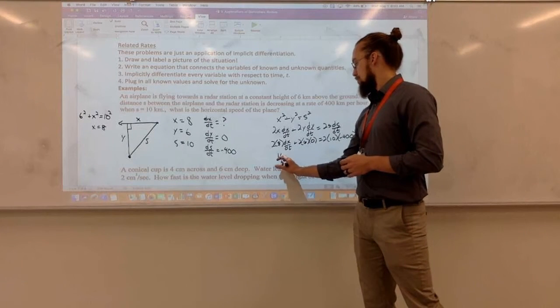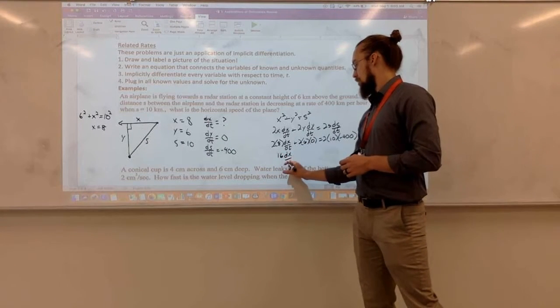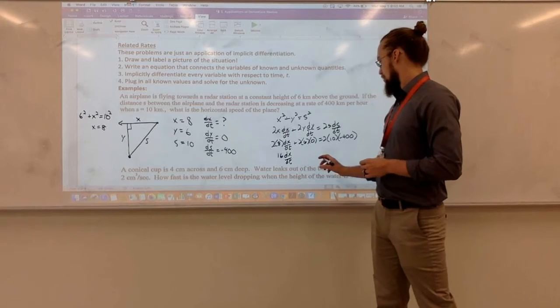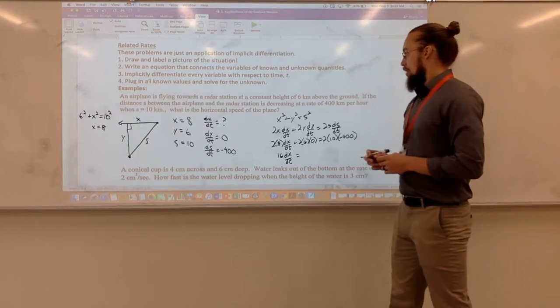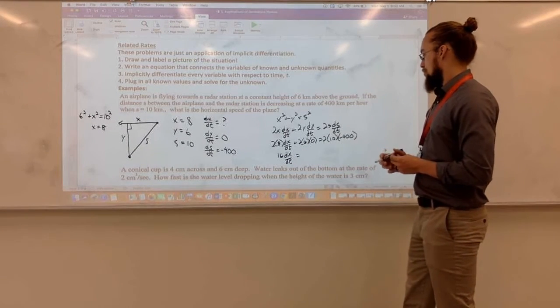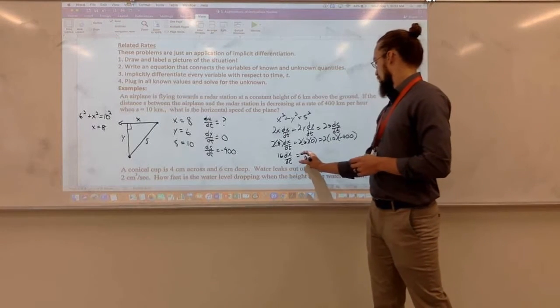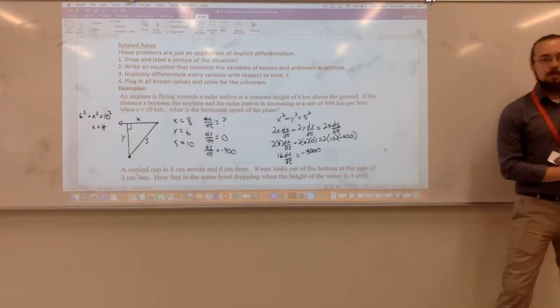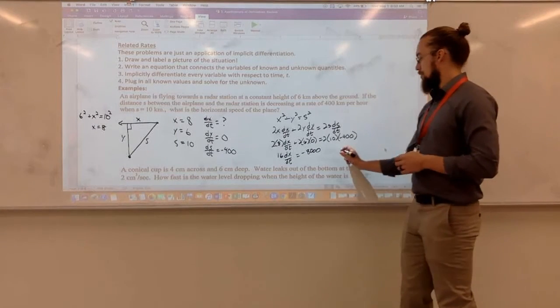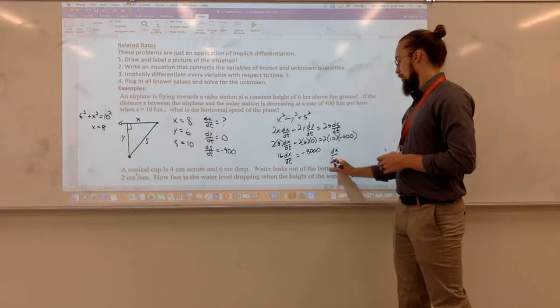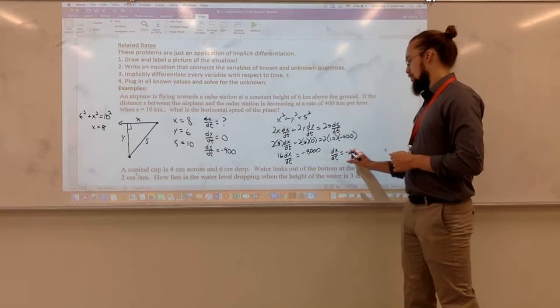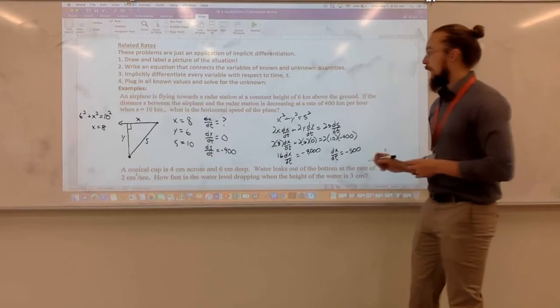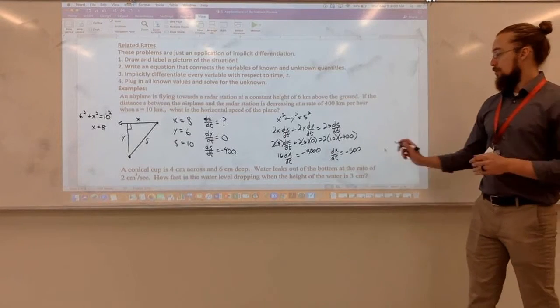So we get 16 dx/dt equals negative 8,000. So divide both sides by 16. Get dx/dt equals negative 500. And then my units would be